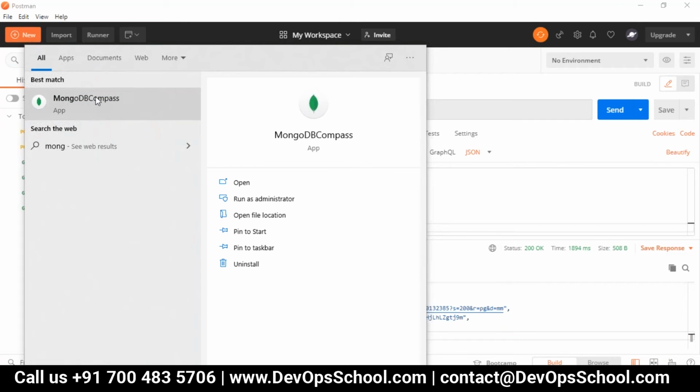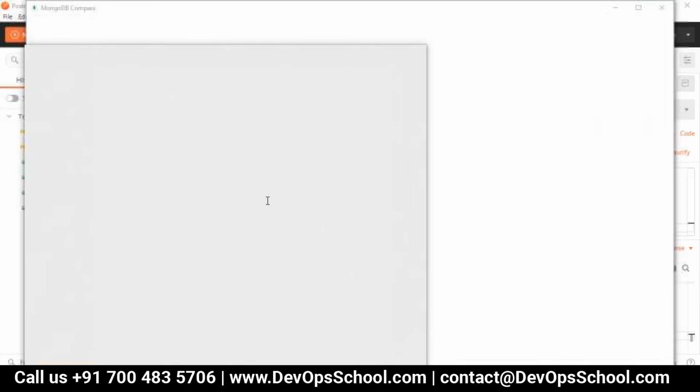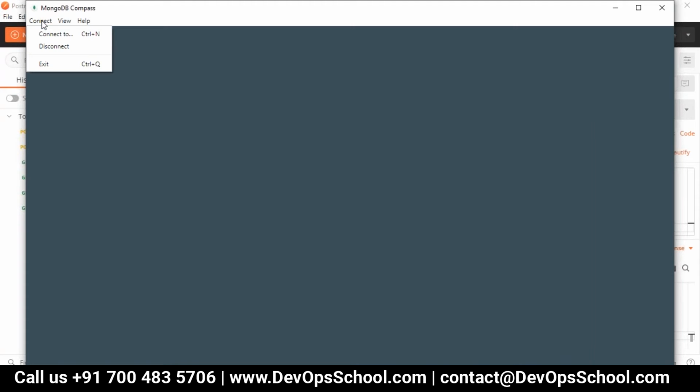I was asking you to close that one. Should I connect? Don't do that. Okay. That is also fine, no problem. Because at the end, once it is initialized, you will get the connect option on the left side.